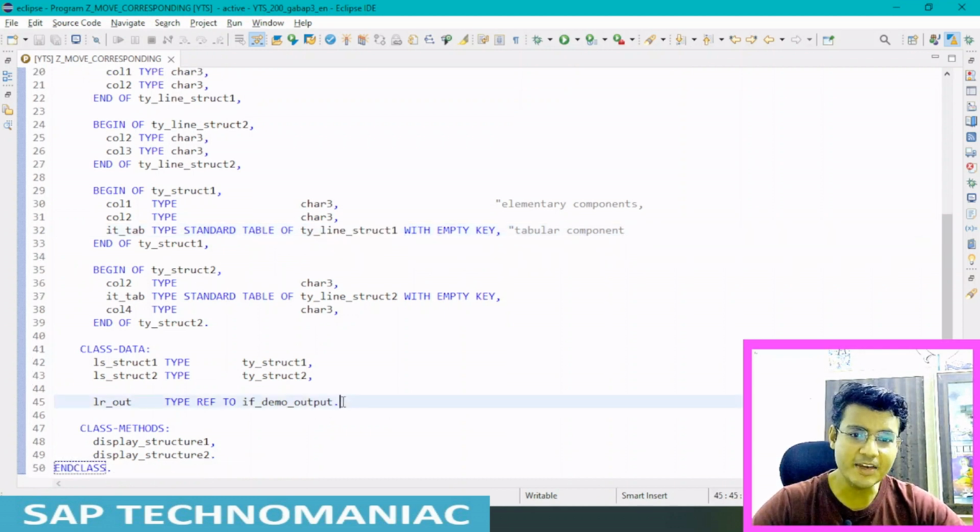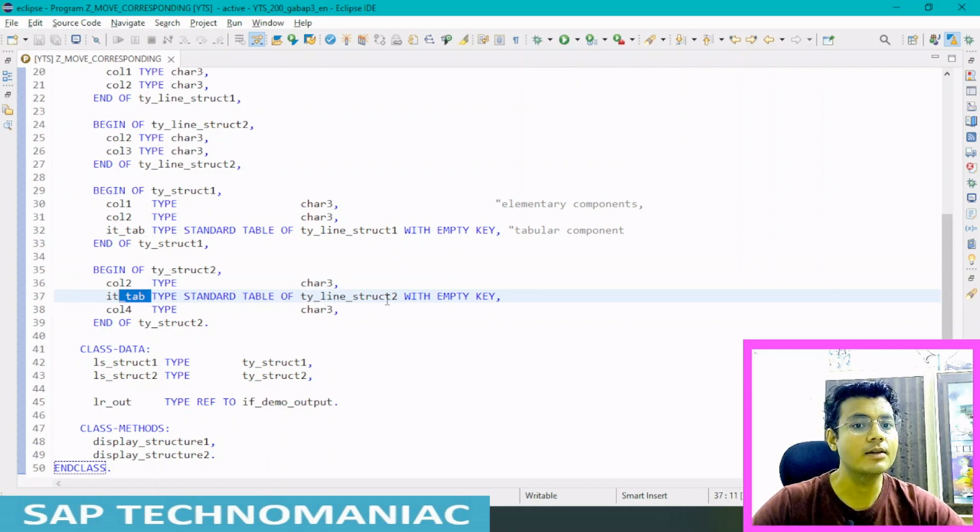In the same way, we have the second structure ty struct2, with column 2, IT tab and column 4. You can see that structure 1 and structure 2 have the common names column 2 and IT tab, but although the name IT tab is common, the line type of IT tab is different.